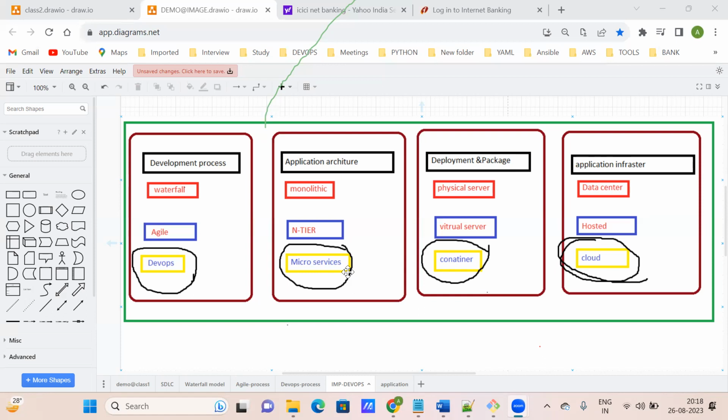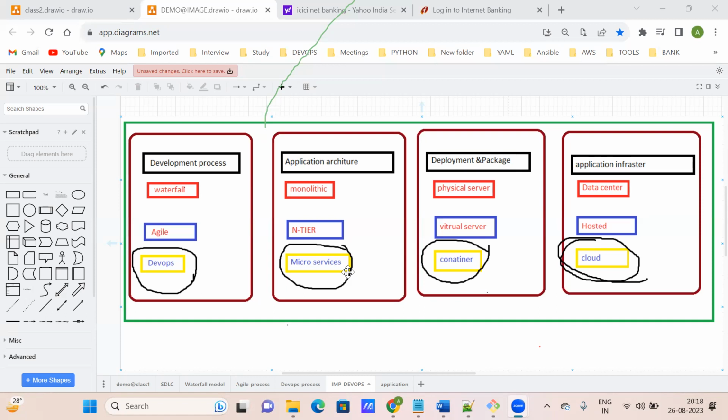So that if one part is down, another part will not be impacted. See, if you go with a monolithic or entire application, and today your PPF page is not working, because of that the loan page will also be impacted, correct? That is what happens in an entire application. When microservices came, developers implemented it in such a way that if your PPF page is not working, your loan form should not be impacted.